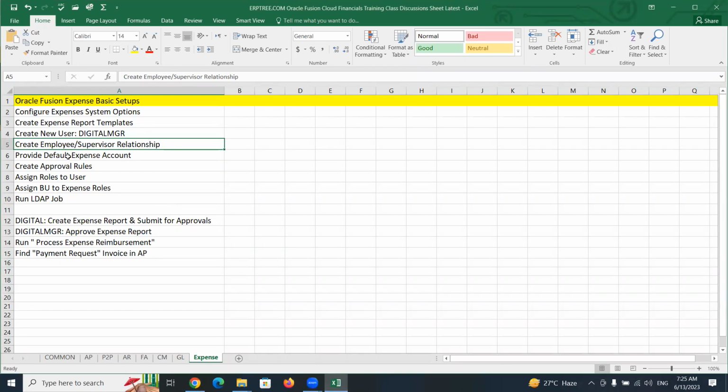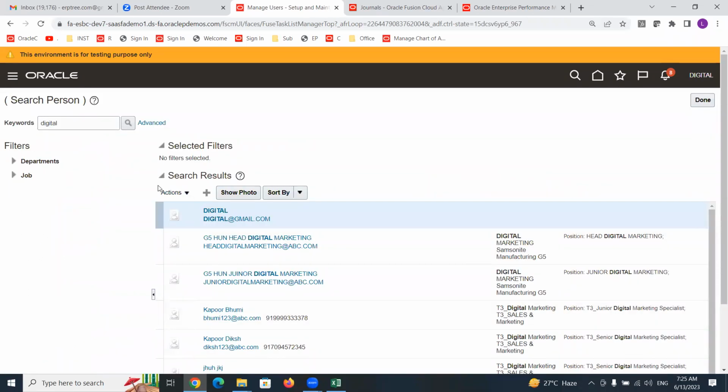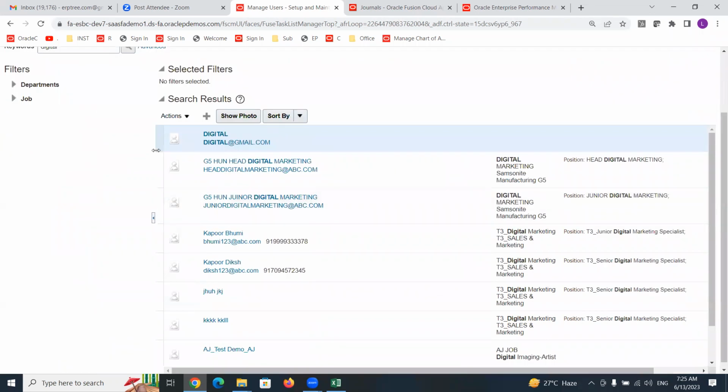Now, who is going to book the expenses? At that user level, we have to set the default expense account. So the digital user is going to create the expense report. For this user, we have to set the expense account. Where can you set it? First, find the user, go to actions, select expense management, expense information. Select expense information